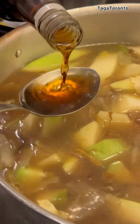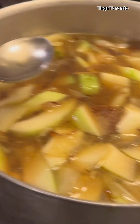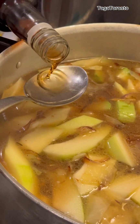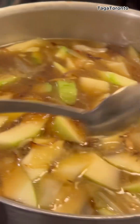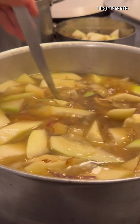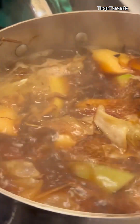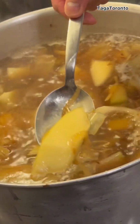Just gonna add about, this is 2 tablespoons, by the way. 2, maybe 4 tablespoons. Oh wait, Roger, what's the service temperature? This is fish sauce, by the way. There's salt in the chicken. You can start to tell that